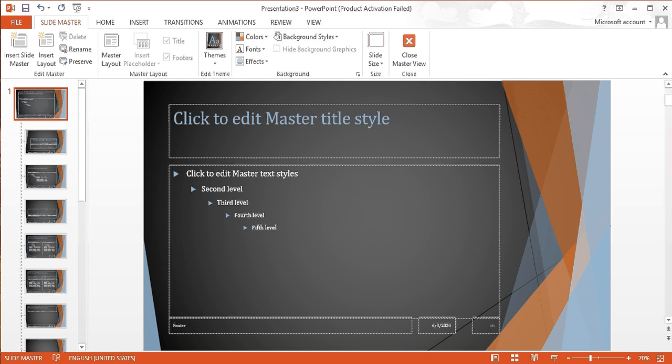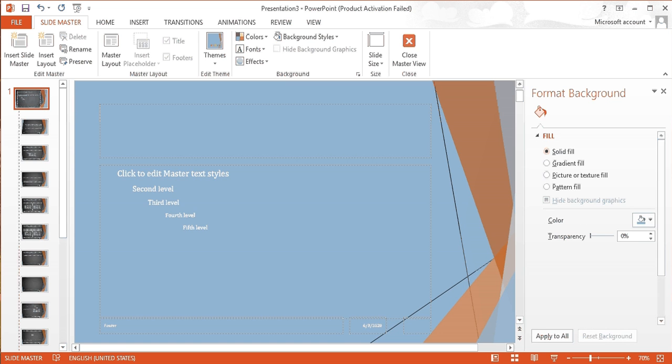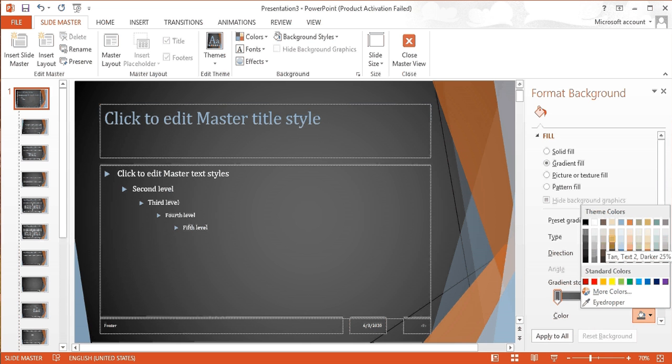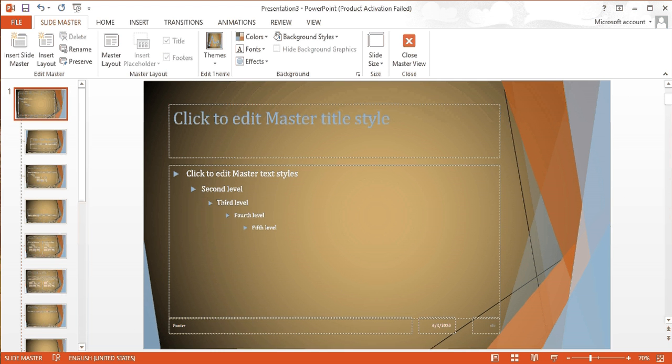You can select any type of background, or design it according to your choice and your color. It can be solid, any color you want to give, it's all up to you. From here you can choose the different colors, like I have selected this one. So you can choose any type of background which you want.